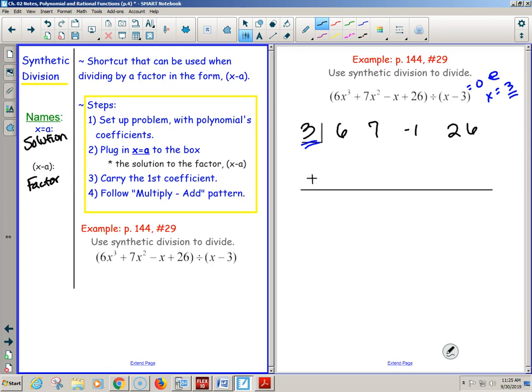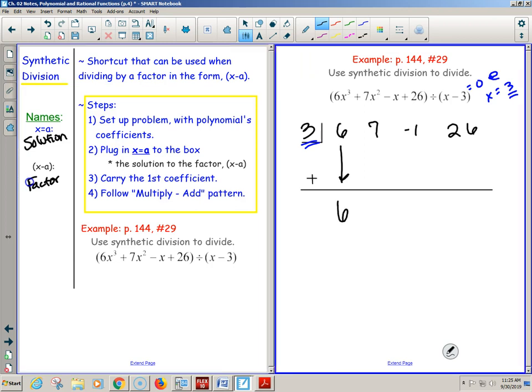Pretty much, the steps are just talking out what I did. I took the polynomial's coefficients that I'm trying to divide. I plugged the solution into the box. I'm going to carry down the first coefficient, which is the 6. And then what's the pattern? Multiply. So 3 times 6, take the box. 3 times 6 is 18. And then I add down, which is 25. And then I multiply, 75. And then I add, 74. And then I multiply